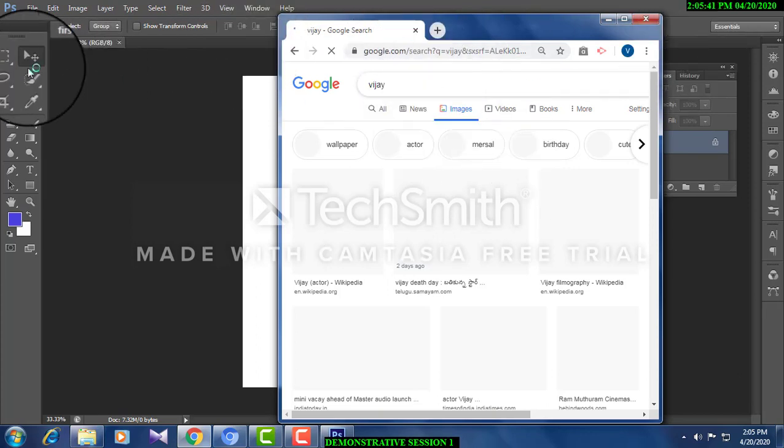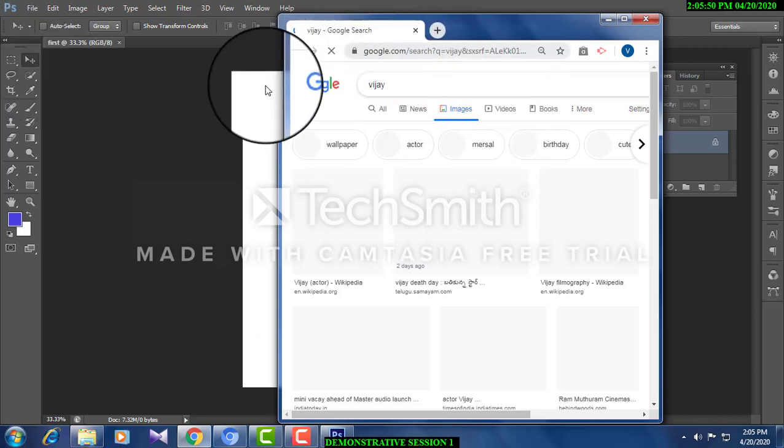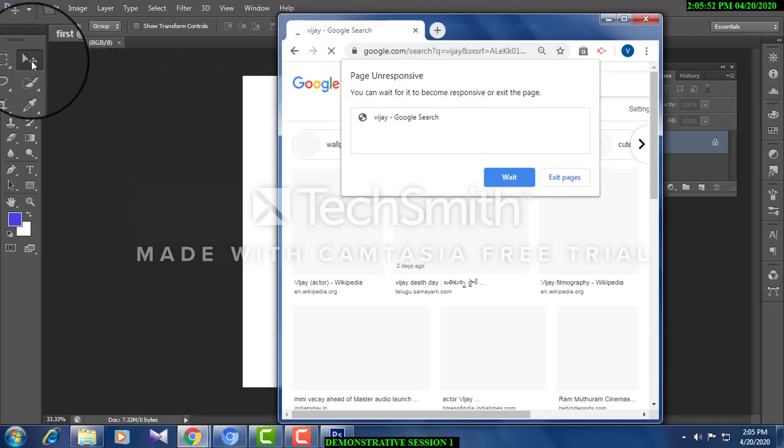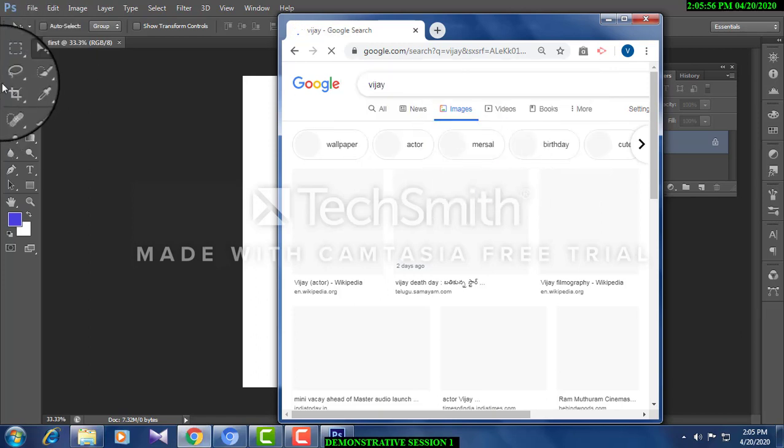I'm taking any picture. I will explain how to crop. There are 4 ways of cropping, my dear friends. Just look here until it is loading. This tool is called the move tool. You can move the selection up and down. You can move the selection, move the layers up and down in the working area.